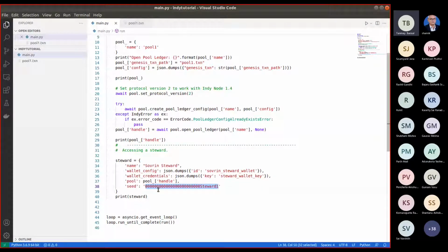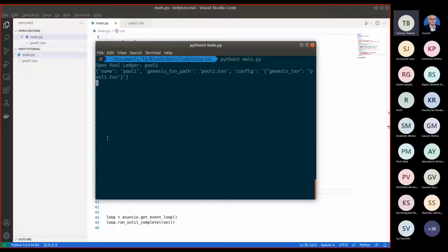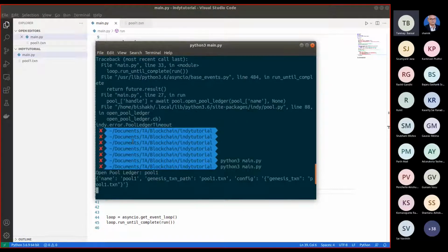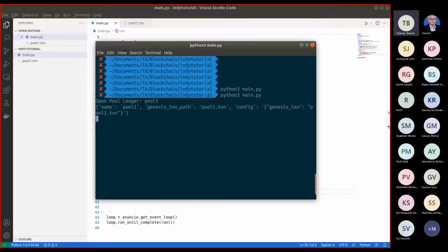This is our steward. We will just see how we can create the wallet and access it, but let us just see if our code is working fine. Oh no, it is not working because we stopped our pool and we see that we have a pool ledger timeout.